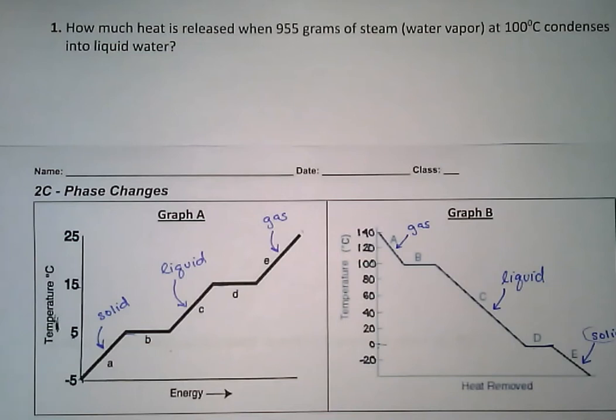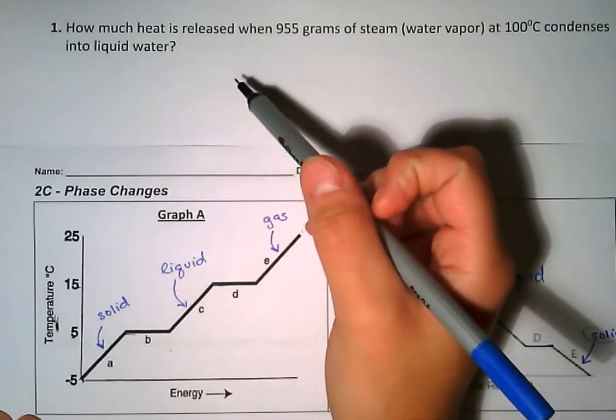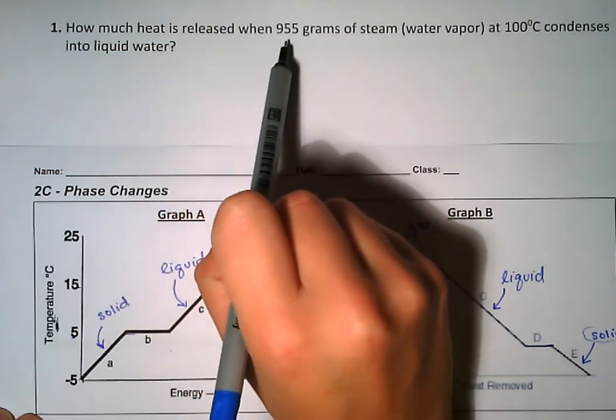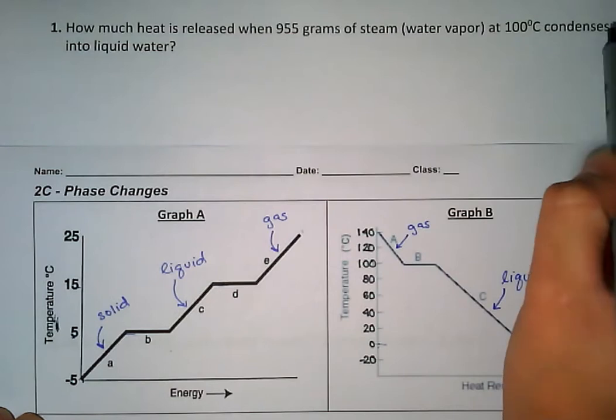In this video, we are going to continue to look at Activity 2C on phase changes. And we're going to start looking at the back of this sheet where you see the word problems. And this first word problem says how much heat is released when 955 grams of steam at 100 degrees Celsius